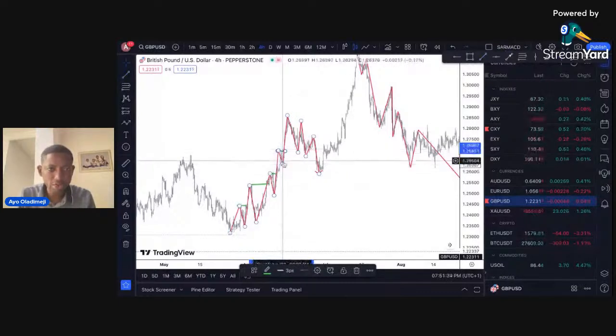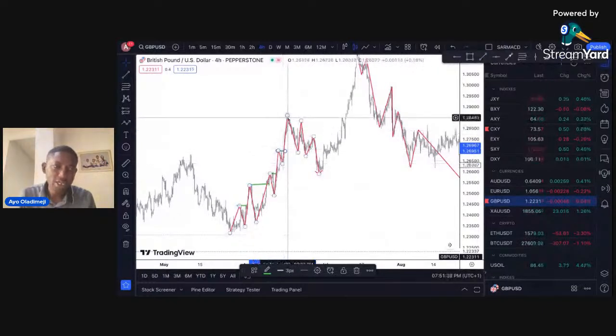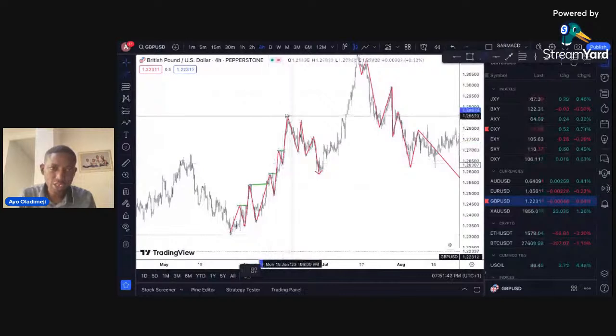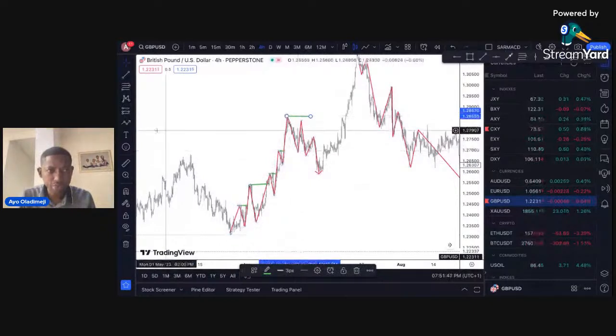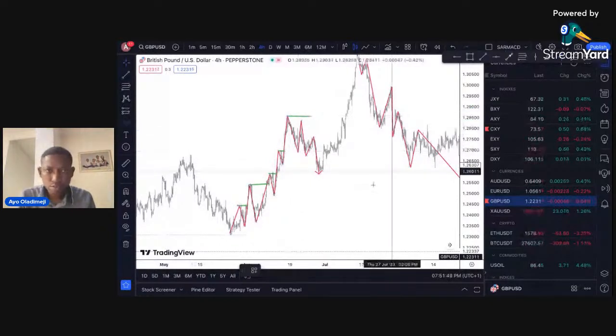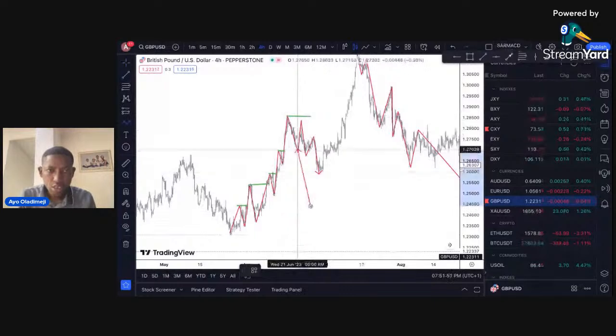This higher low, and then it came here and gave us this new higher high. But look at what happened when price came down here. It was supposed to come down, yes, give us a higher low, right, and go up to give us a higher high, but it didn't happen. It just gave us a new high.